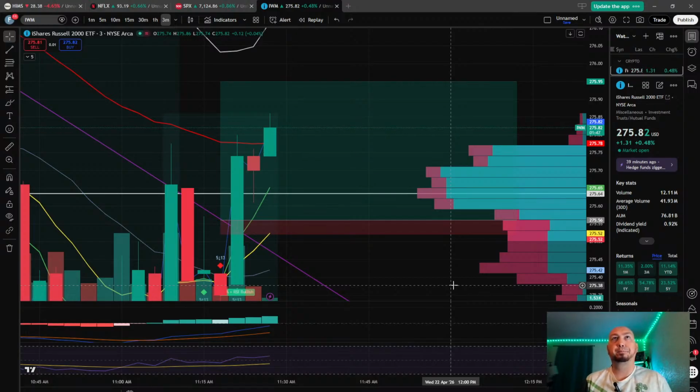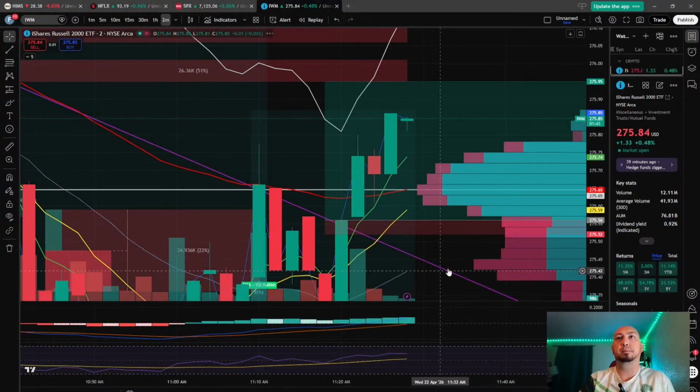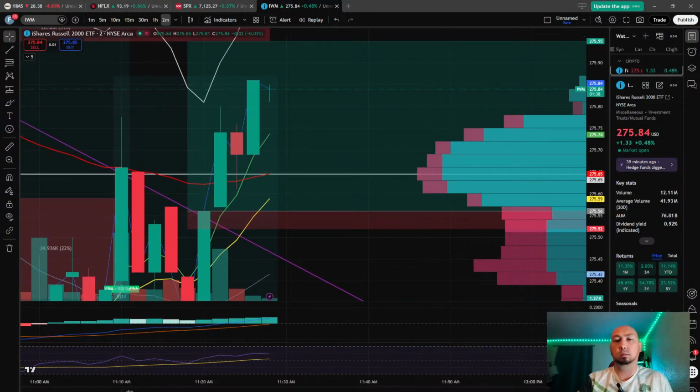Let's just see. 3 minutes. Let's go back to the 2 minutes, a bit faster for you. So we've got a slight up over up. I would have preferred a few more candles to be the overside for consolidation, but we're above the 50 on the 2, so it's okay.